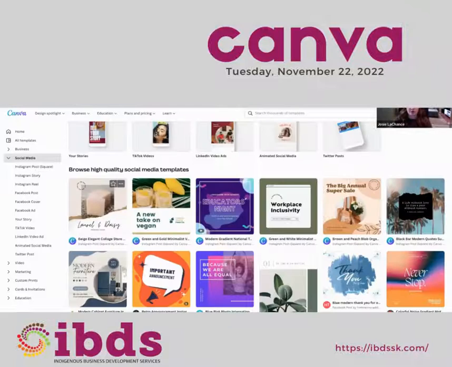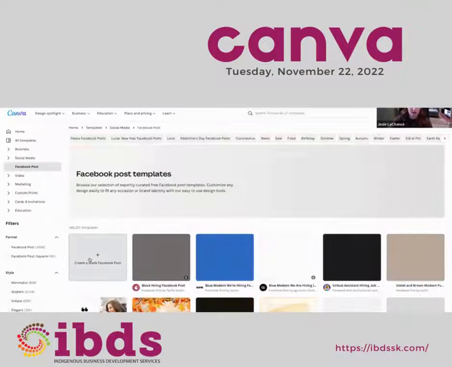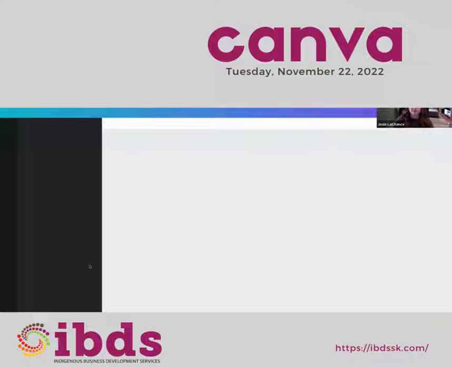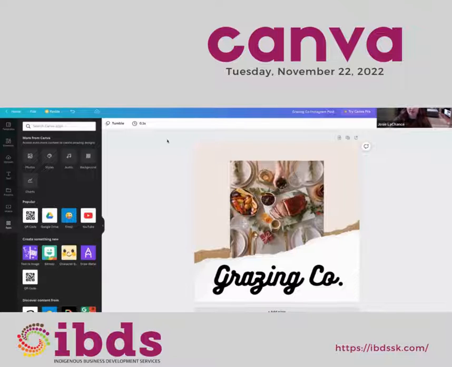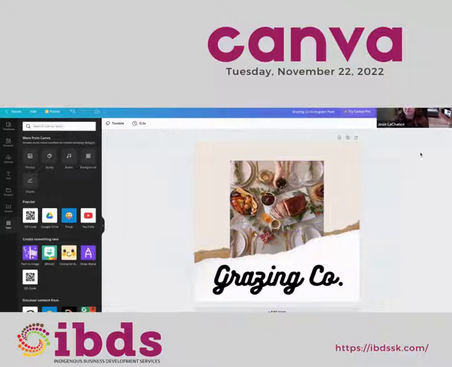But so if we go now over to wanting to make a Facebook post, I'm just going to use the blank create a Facebook post template. So it's just a blank canvas. And I'm going to go back over here and select everything in this square, and I'm going to just hit copy.